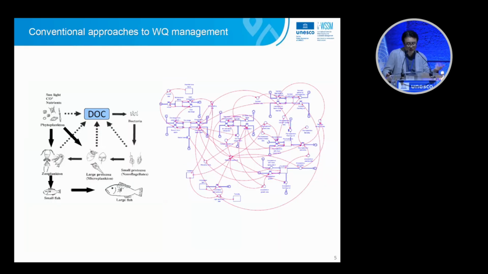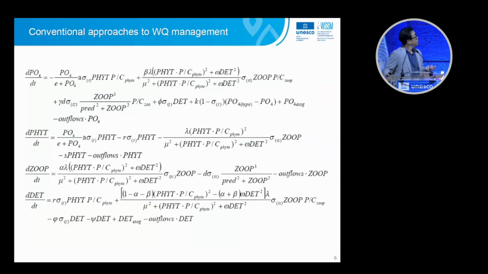So this is the conventional modeling approach, which has been used for water quality management. This approach is based on our scientific knowledge and prior experience. Every single component and variable can be expressed as a mathematical term. But the problem is that not everyone likes mathematics. Some people hate math, don't you? Right? So